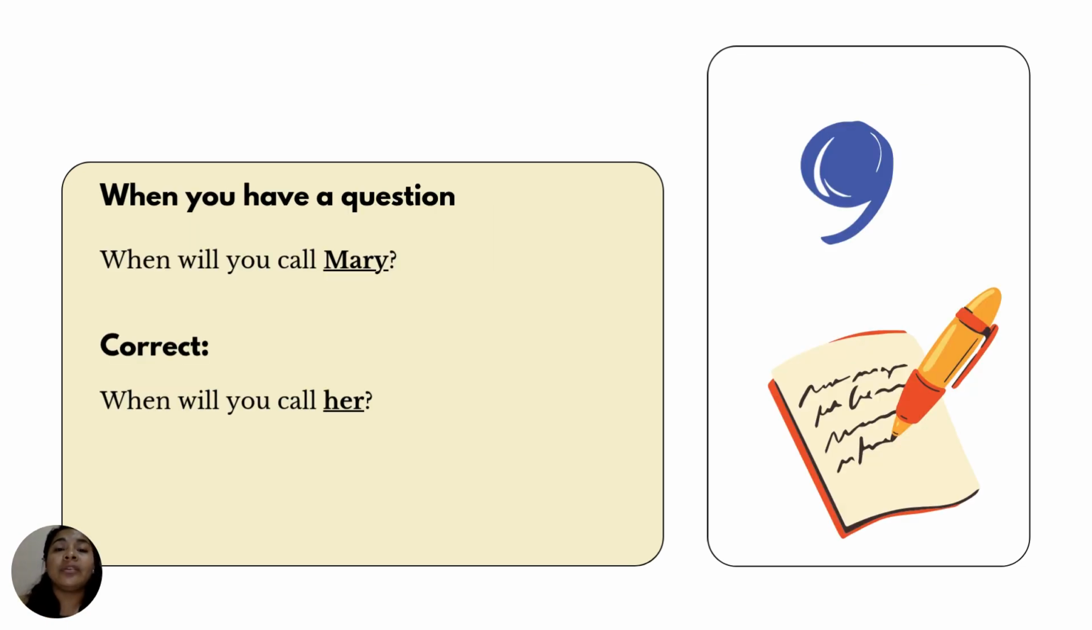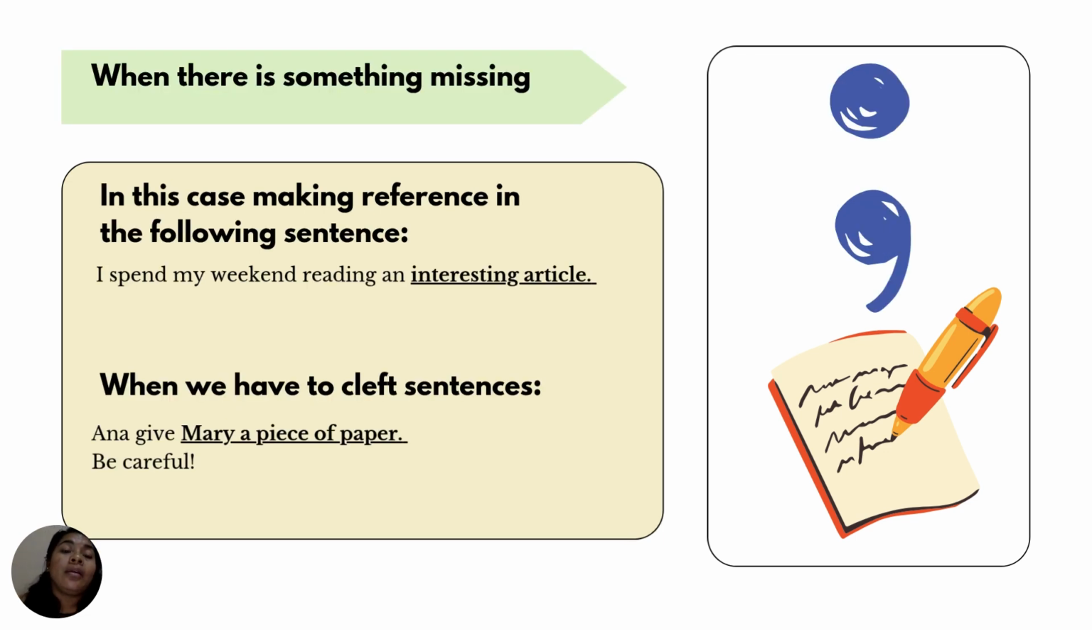Remember also when you have a question, you immediately realize you can use the same question, but you can replace Mary, and you still have the question. When will you call Mary? Mary is a noun, and you can use an object pronoun. So in that case, you change it, right? So you use, when will you call her? So that is the answer that I'm expecting. In that case, pay attention to this. Okay. Remember, guys,